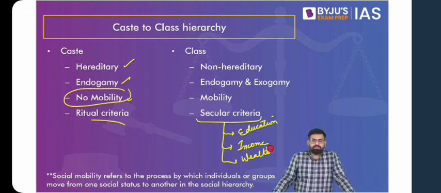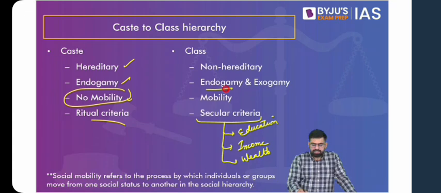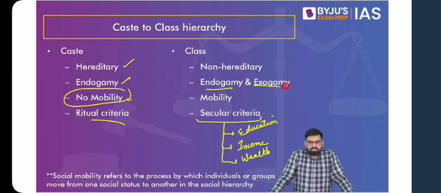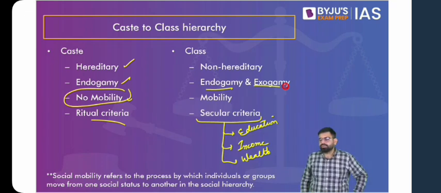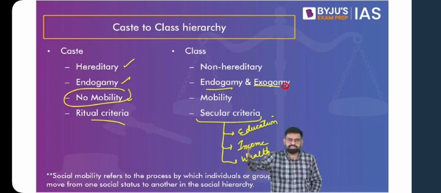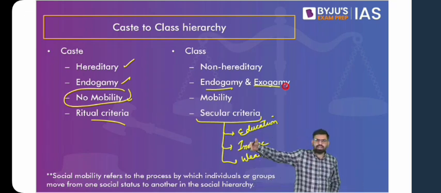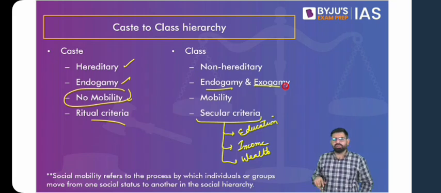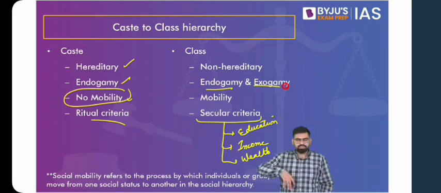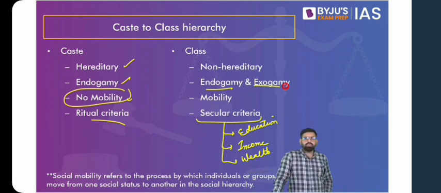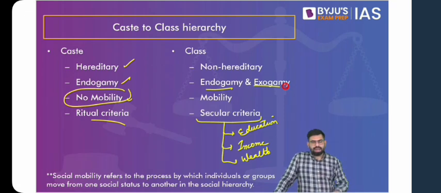But in the class system, you'll find that again there is endogamy as well. Why? Because the first example that I've given is with respect to marriage, and then also you'll find that there is at least no restriction on exogamy. Exogamy means marrying outside one's own class. They mean different when we talk about caste marriage, which will give you a clear picture, but here endogamy means marrying inside one's own class and exogamy means marrying outside one's class. But at least there is no restriction on marrying outside one's own class,